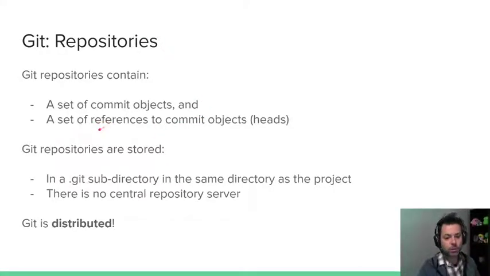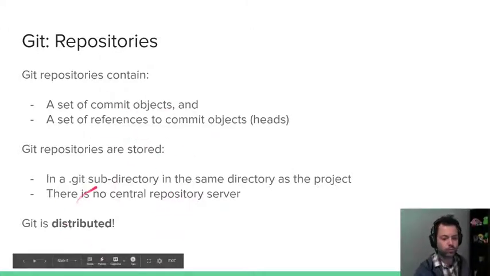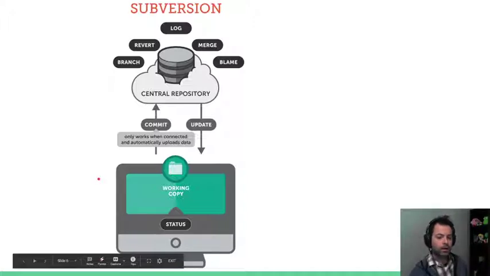So you have a local repository. So your .git folder, that is your local repository on your computer. If you delete the .git folder, you have no more repository. You have a folder full of files that are no longer tracked. All right. And there's no central repository. Basically, you have a remote or a series of remotes. But the notion here is that we're distributed.